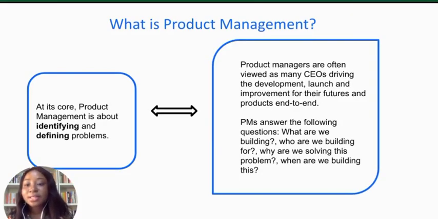So, product management is actually about identifying and defining problems, right? It is not just good that there are problems, but product management has taken on the responsibility of identifying what these problems are for the users and defining them, because there is no way you want to provide solutions to these problems without first knowing what the problem is and defining it the right way. So product management is about identifying and defining problems and also proffering solutions to these problems.